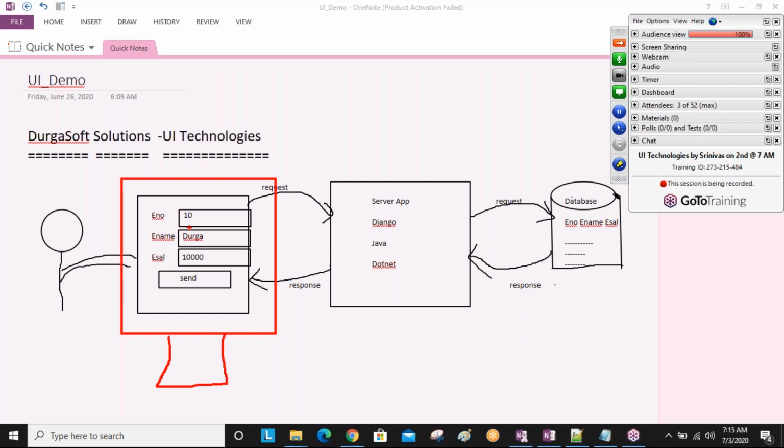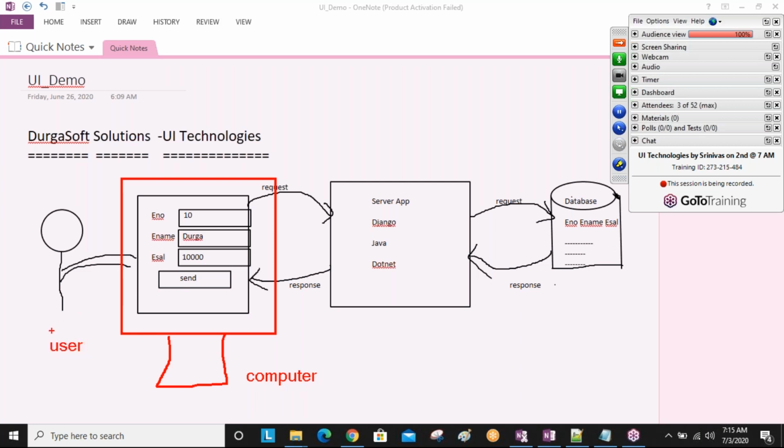I developed a presentation like this by using UI technology: employee number, employee name, employee salary, and one send button. So this is the computer, and this is the user.